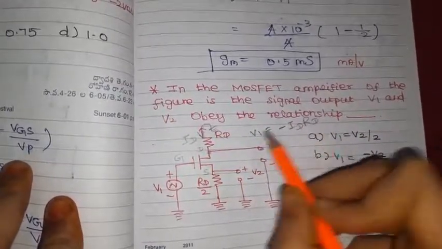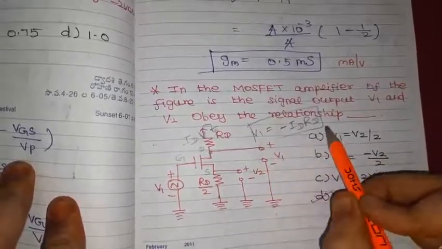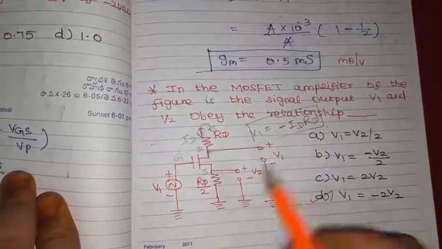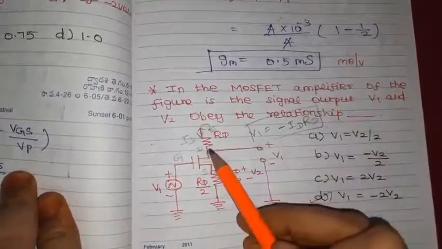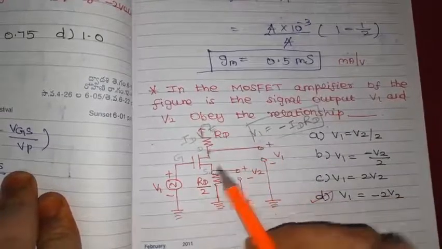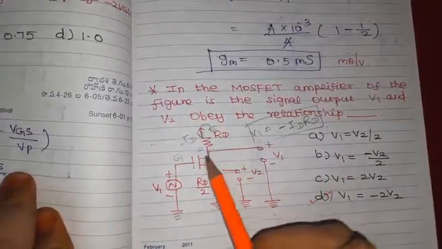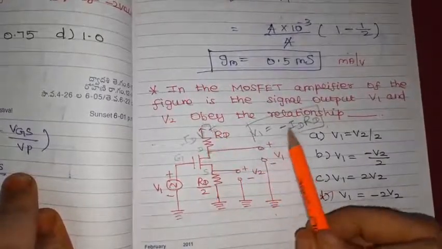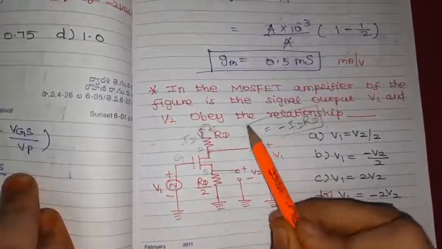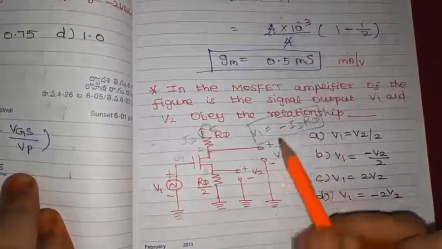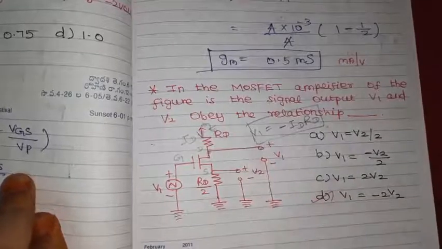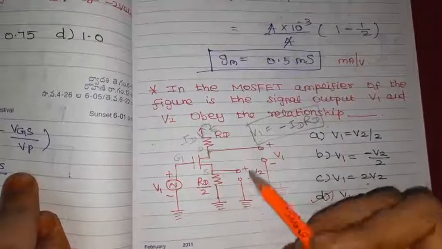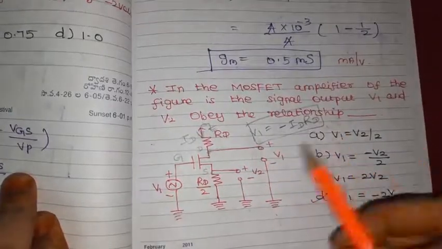Just a negative potential. Can you understand, guys? V1 is equal to minus IDRD. Then what is V2? V2 is very simple. Whenever we take from this terminal, we need to consider a drain terminal and source terminal for V1. For simplification, we are considering from this to ground. Just the potential sign is different, minus IDRD. This is opposite to the flow, because the current flows in a different direction. So this is V1. Then what is V2?